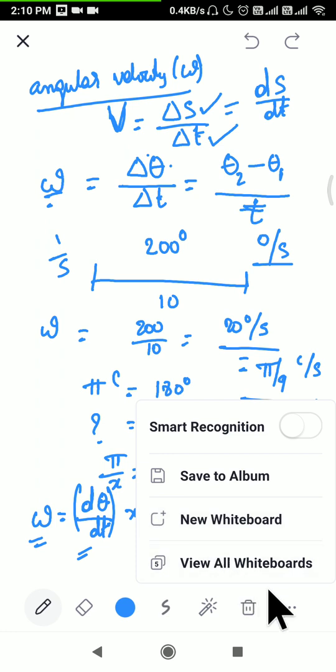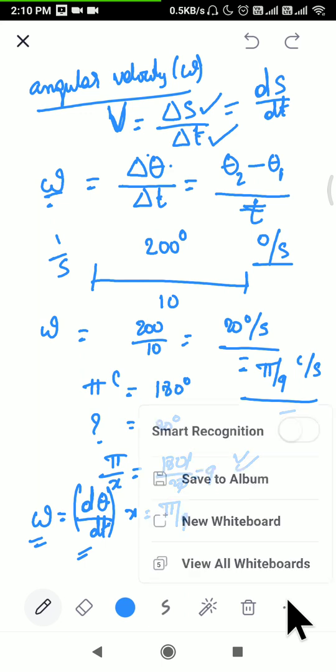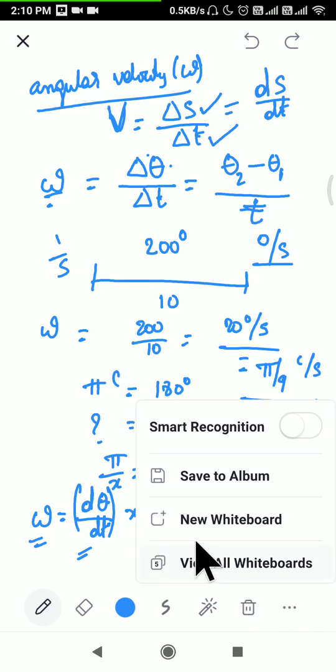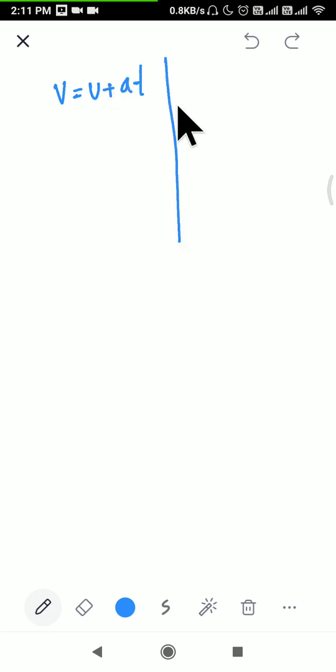Now we will understand what is the relationship between these three quantities. Okay, so in the linear velocity concept, we already know those three kinematic equations, right? One is v is equal to u plus at. Okay, so similar to this,